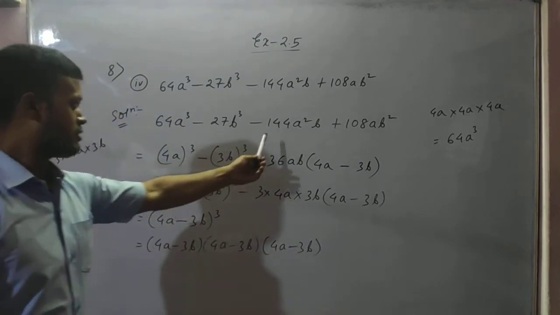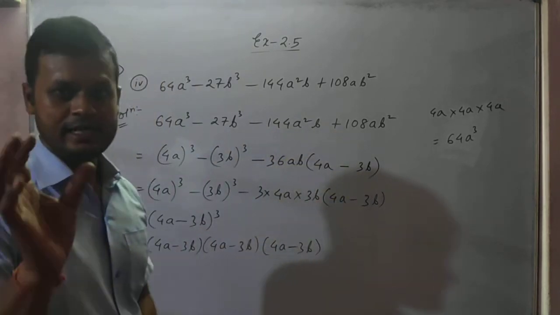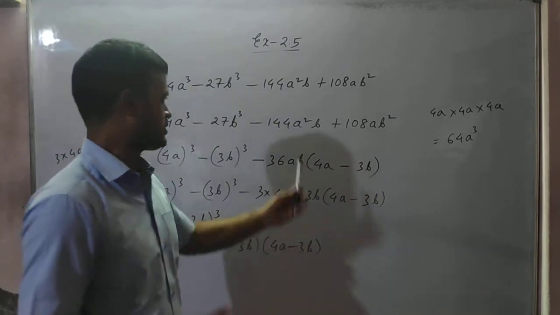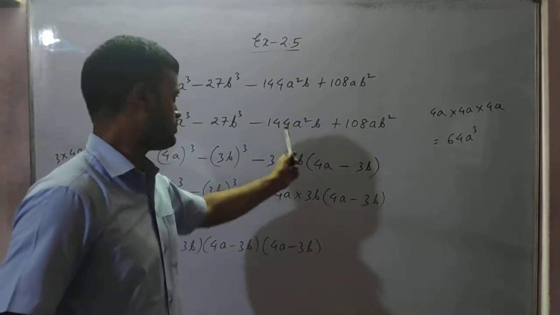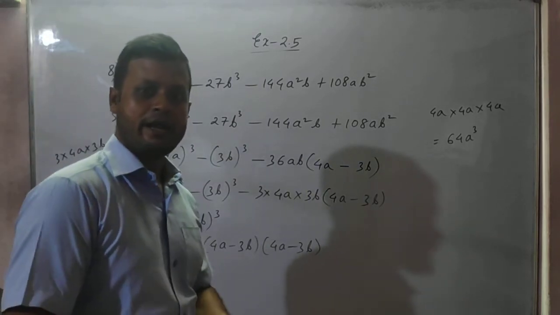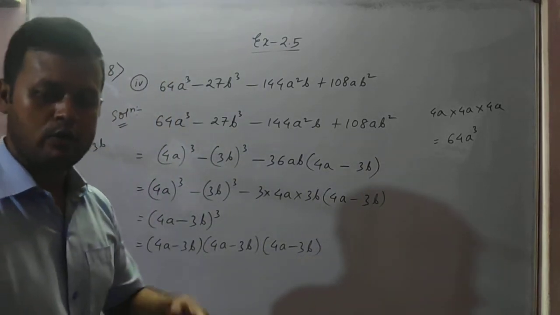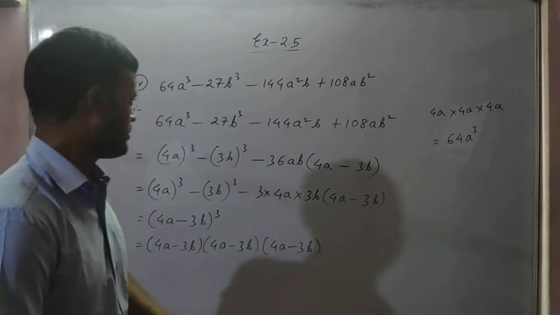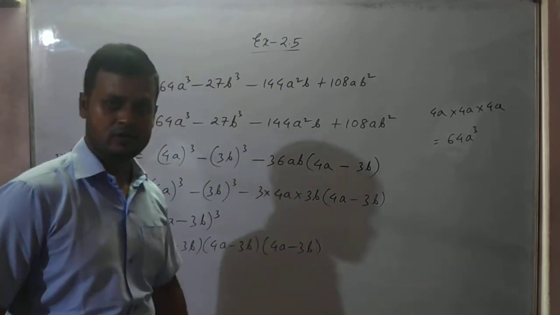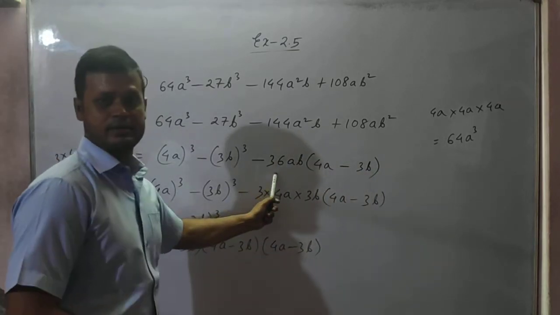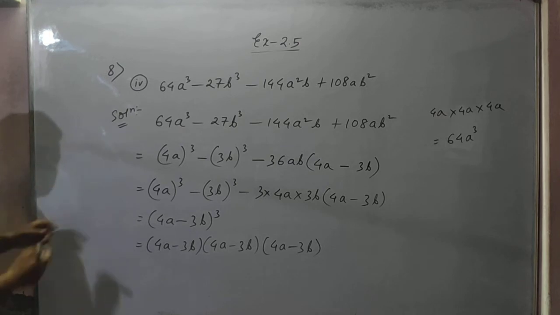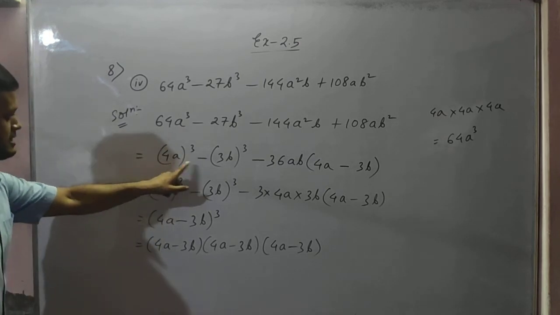And next, now from these two terms, what is the easiest way? Both are easy ways. You can take the HCF of these two numbers common, or there is another easier way to find out, as I said in the last sum also: how will you come to know what number, this minus 36AB, was taken common? How did I find this number? So see here carefully. Here this is x and this is y, isn't it?